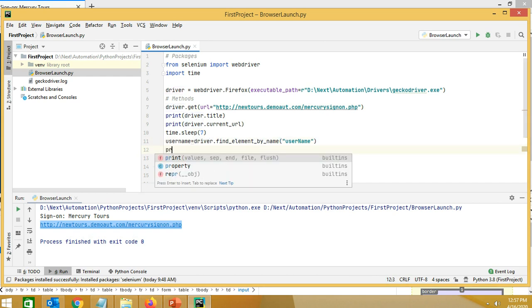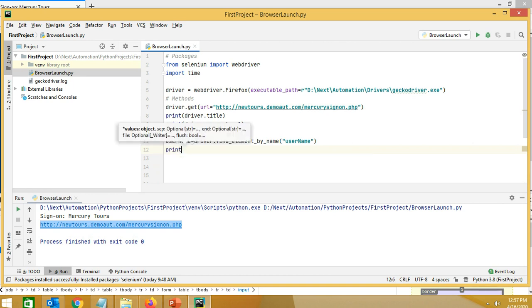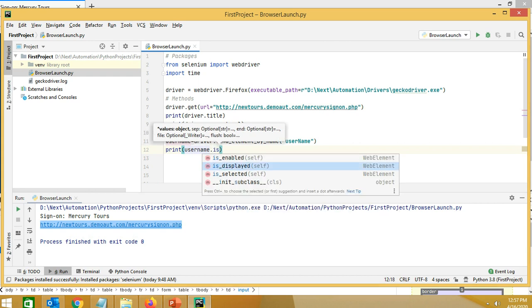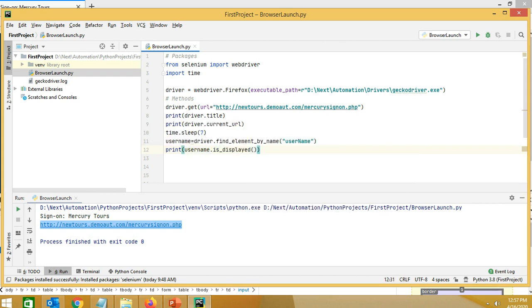And we can verify whether the username is displayed or not. Along with that we can also append some text like "username is present", so we need to use a comma.